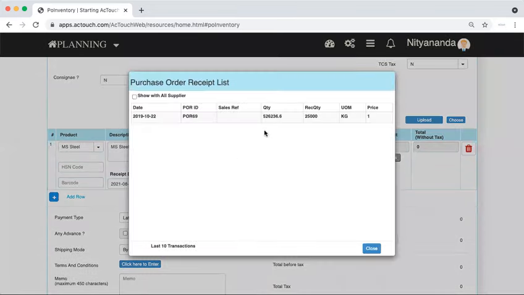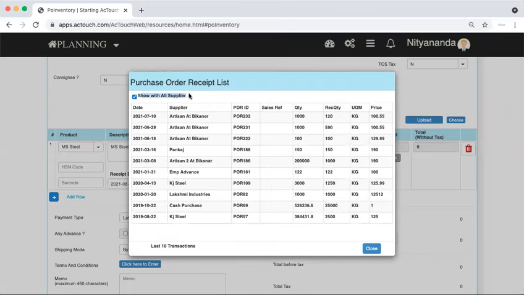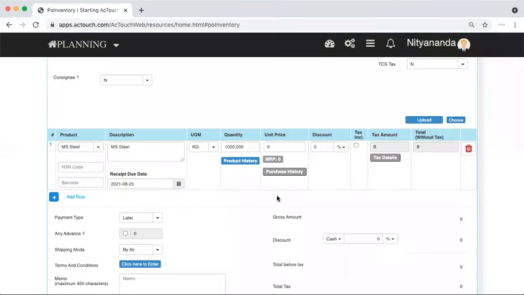So I have the option to look at a purchase history, which says that with the same supplier I have received the material earlier at 1 rupee here. 25,000 quantity, I received at 1 rupee. If I want to see some other suppliers, I can take a list of other suppliers and what price I received. Now, this gives an idea of what purchases you have done.